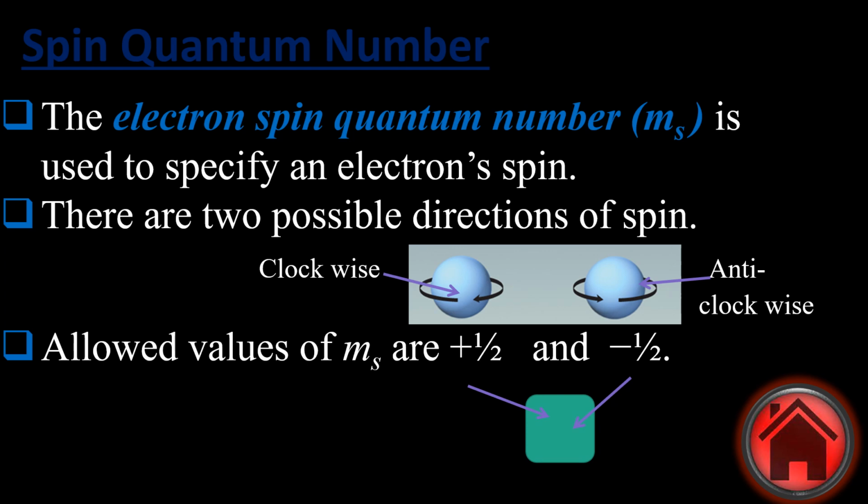Suppose there is a degenerate orbital. Okay children, this is the s orbital I am taking. Here are the 2 electrons. One is with plus half orientation, which is shown with the upward arrow, and the minus half orientation is shown with the downward arrow. This is what the spin quantum number tells us about. Spin means it is going to rotate, that means revolve.